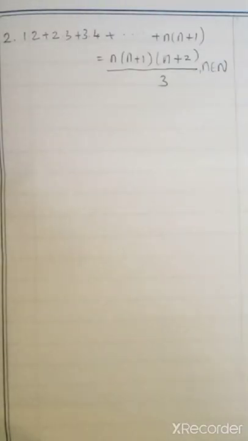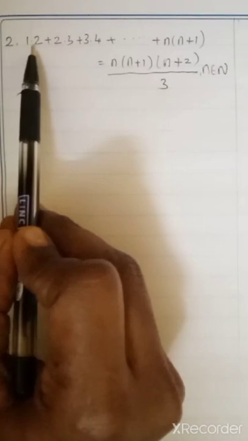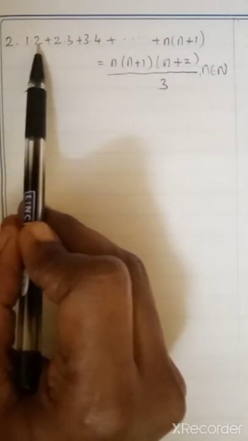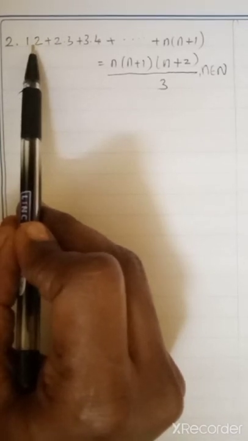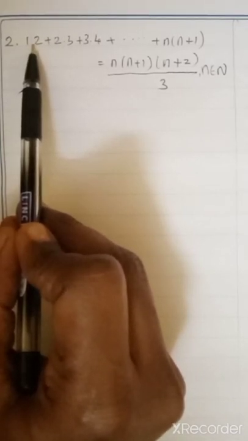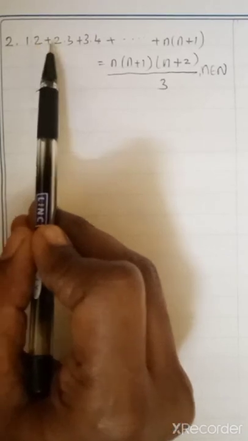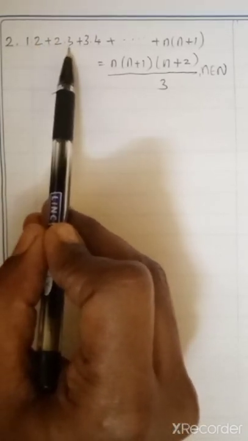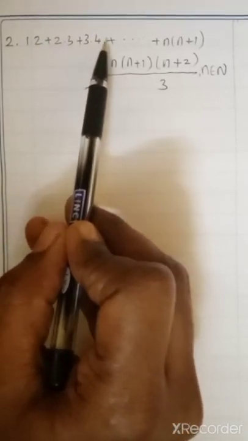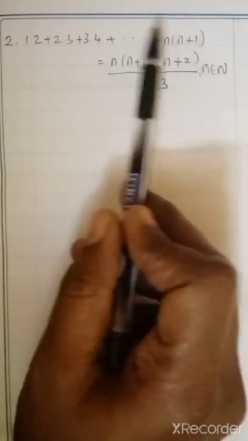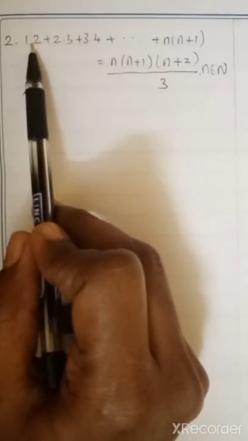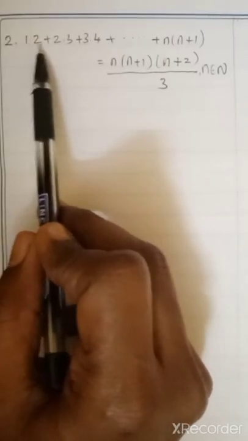So, your second problem. By mathematical induction, we are going to prove this. Look at your book. This is not 1.2; actually, the dot is multiplication. So you have to read it now as 1 into 2 plus 2 into 3 plus 3 into 4 and so on, up to n into n plus 1. This is the question, okay? In the dotting, it is not decimal, it is multiplication.